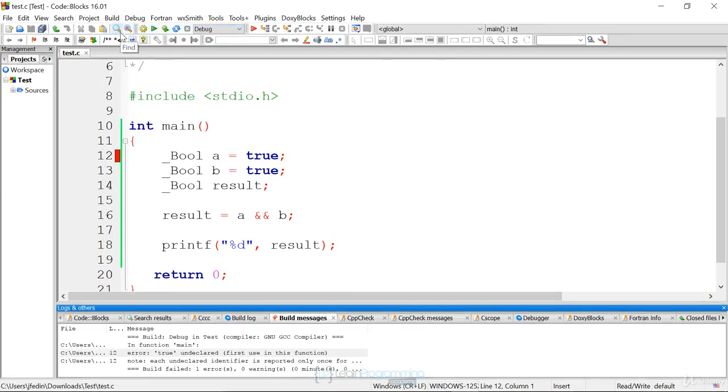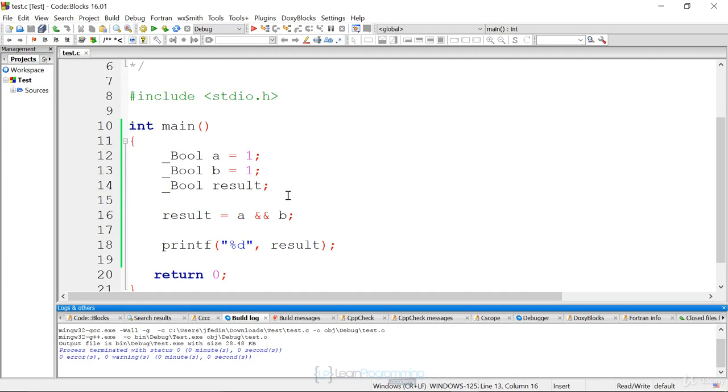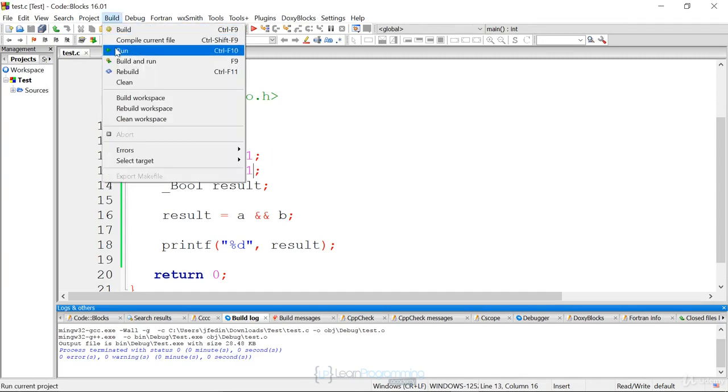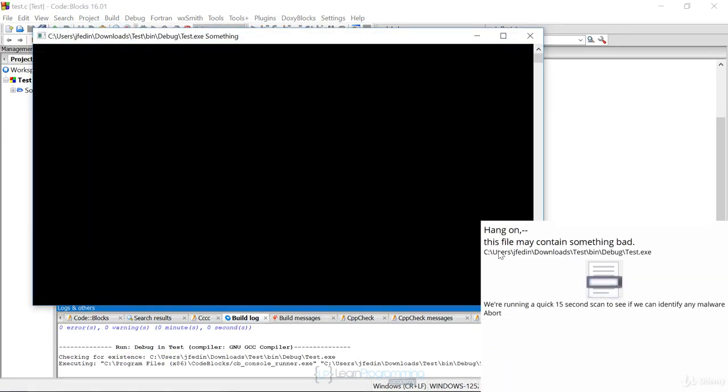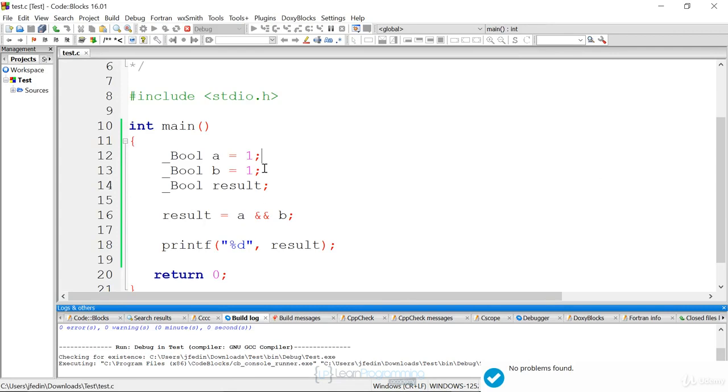So let's build this and make sure that we use the right namespace. We're just going to represent 1 for true. We don't have the right include right now, so that's no big deal. So now when we run, it should report true, 1. And it does, 1. Now if I change any of these to not true, if I say 0, then the